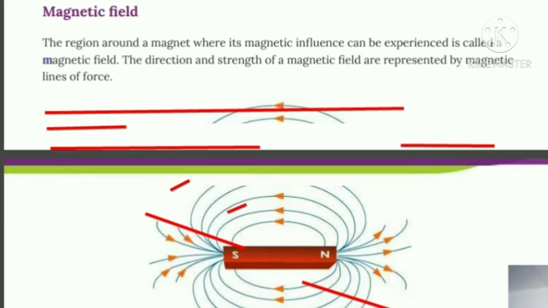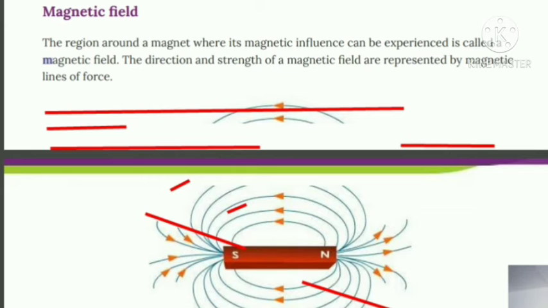The magnetic field is described by drawing the magnetic field lines around this bar magnet. Here you can see the bar magnet and these are magnetic field lines. These magnetic field lines originate, with arrows shown, from north to south. They originate from north and end in the south. In this way, magnetic field lines around the bar magnet are seen in the figure.